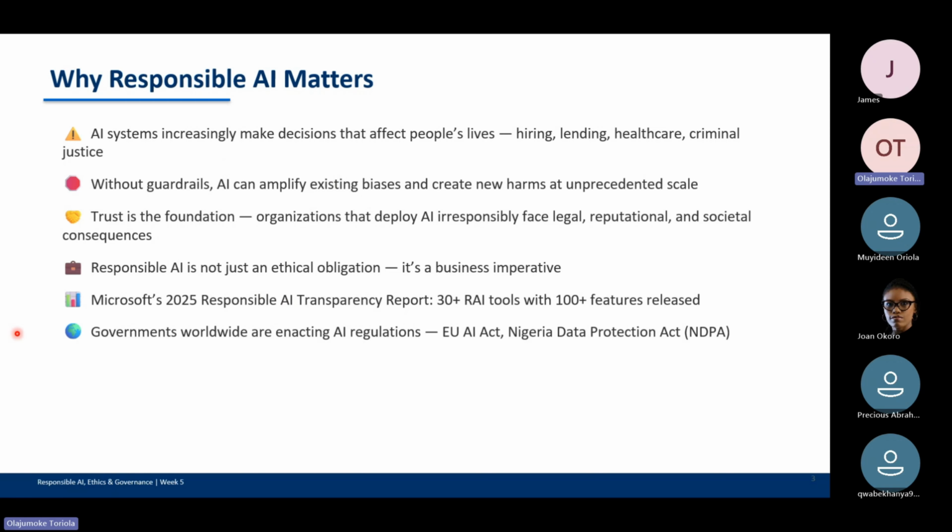I love the definition of responsible AI given earlier, because it's all about using AI in a way that is fair and not biased, respects my privacy, is transparent enough, and is inclusive.